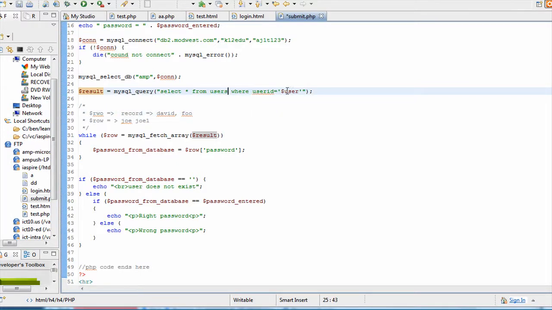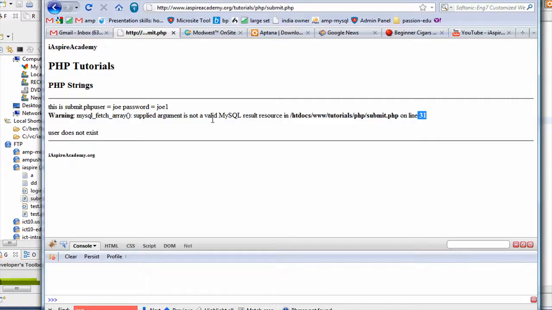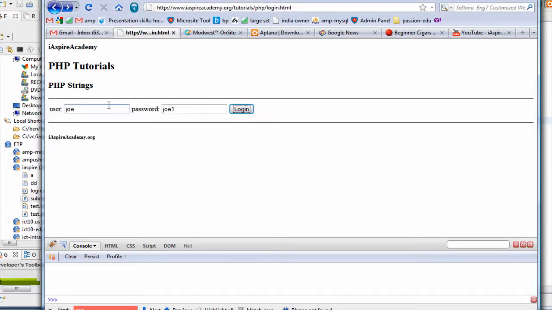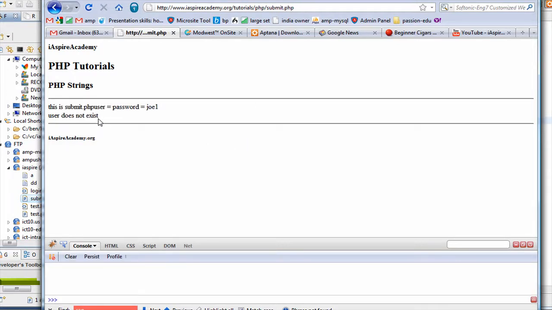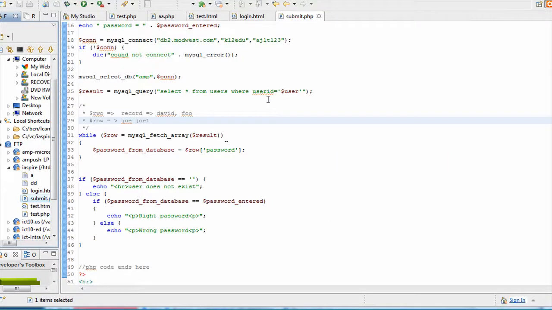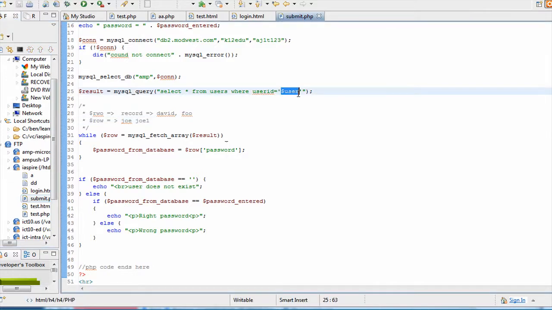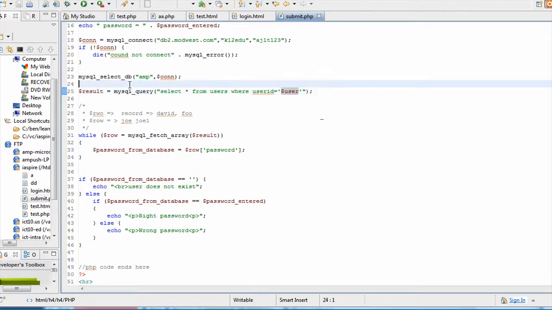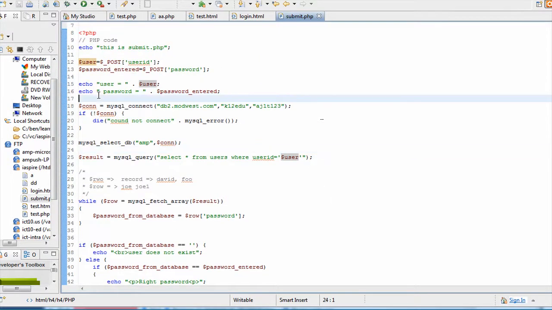Now let's see what if the user is blank. Let's say we don't enter any user. It doesn't report an error because it's taking the user as blank, which from a code perspective, there are no compilation issues. It just takes the value as blank. So to handle that, you might want to